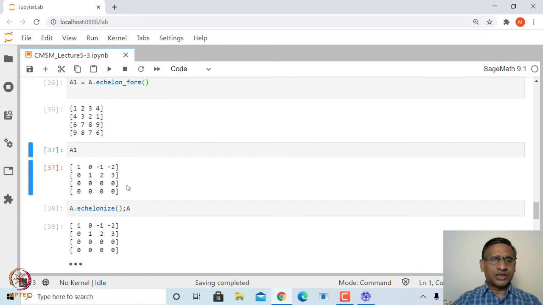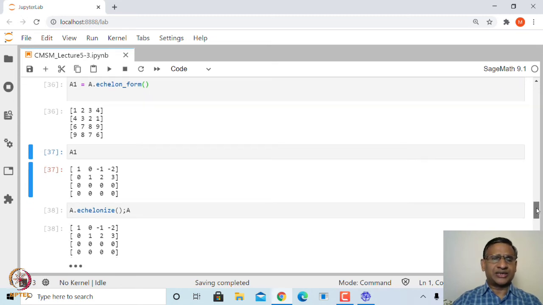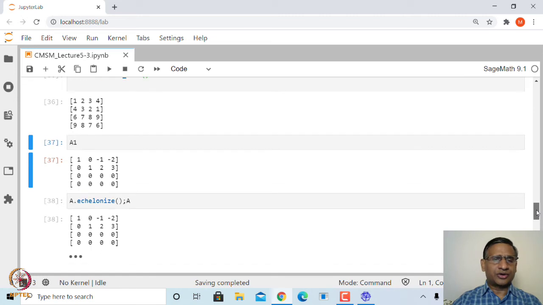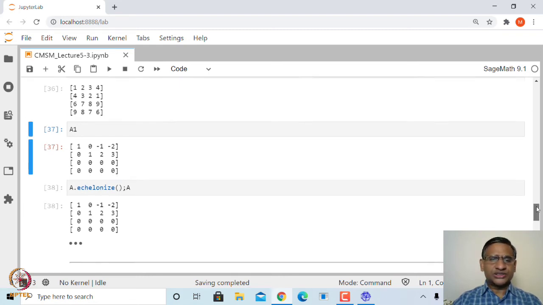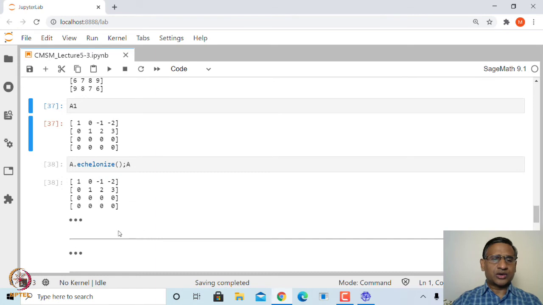That is why it is called echelon matrix. Okay, if you have a bigger example, you can take some arbitrary matrix and try to convert it into echelon form. You will understand much better. Of course, this echelon form of a matrix need not be unique, but what is unique is actually called